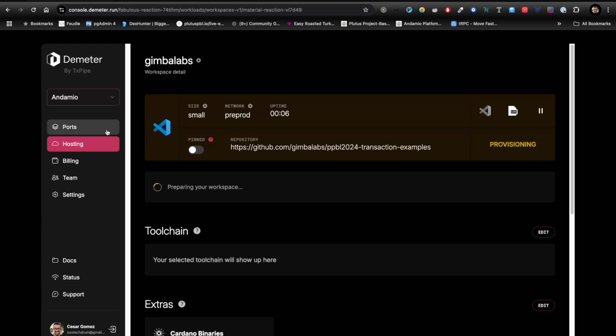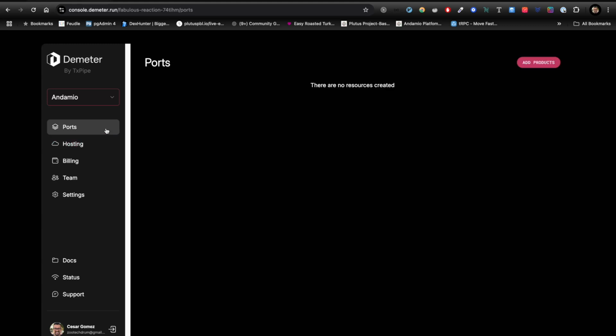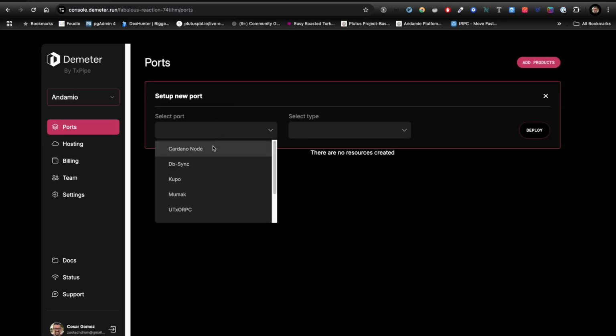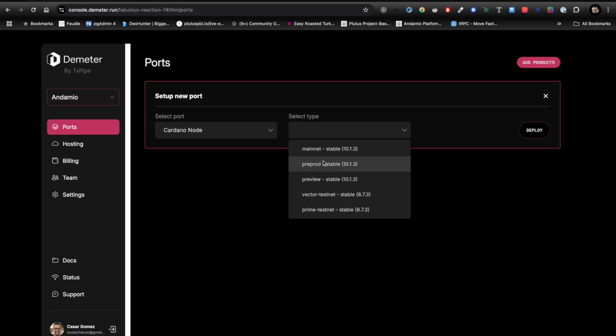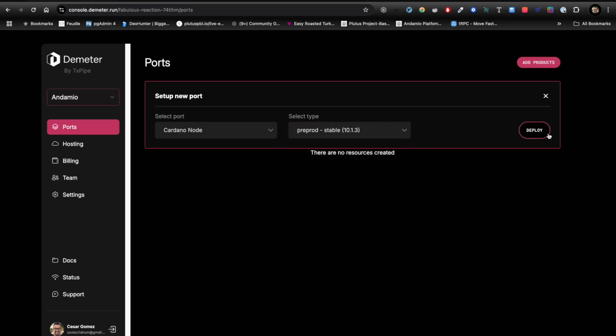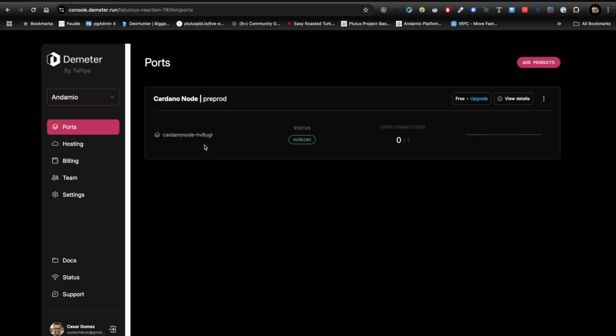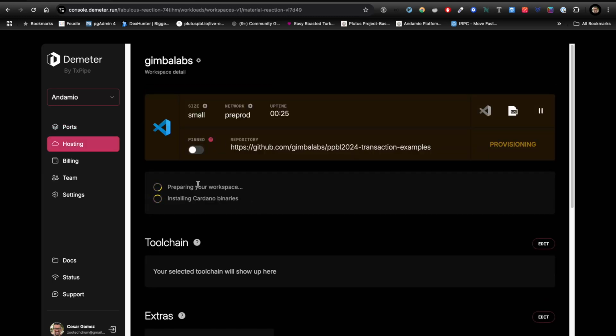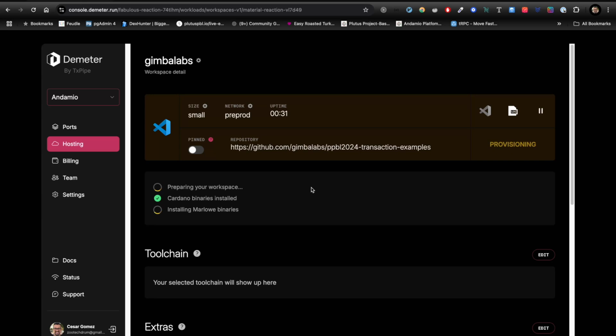I want to have a Cardano node available to me, and for that to happen, I need to go into ports, add products, Cardano node, and again the pre-prod network, and I'm going to deploy. Once this is running, if you go into hosting, provisioning, this is probably going to restart again since I just added a Cardano node, which is fine, but this is going to take a while in order for it to